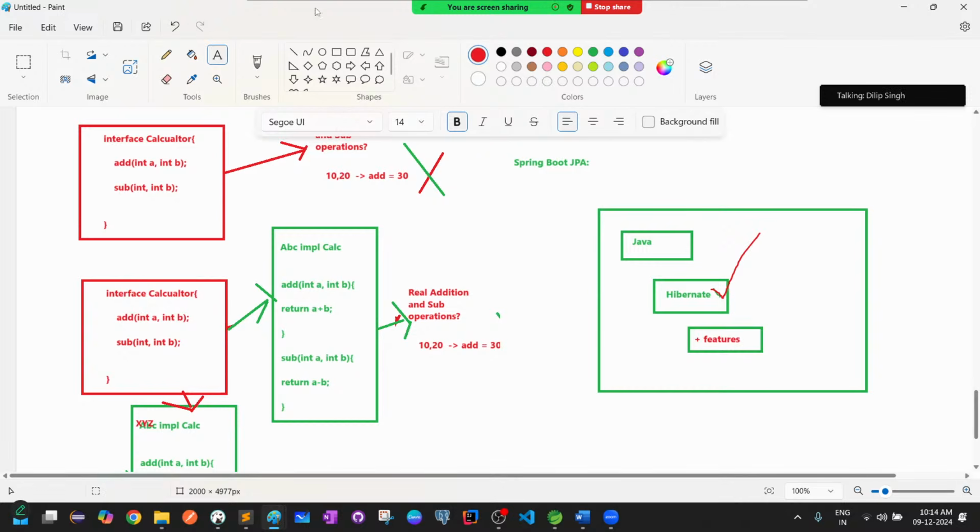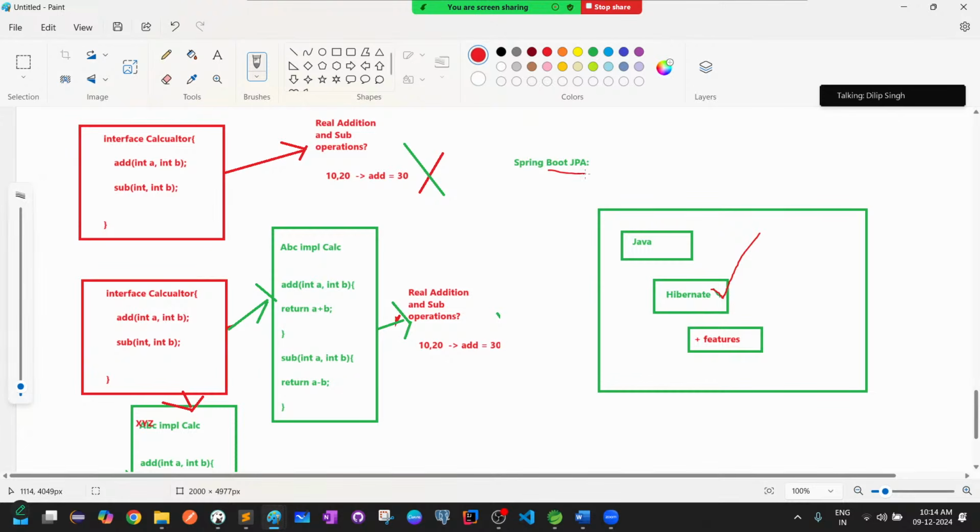So that means now the entire Spring Boot JPA module is implemented with the help of Hibernate only. What you have to understand here is, the moment you are learning the Spring Boot JPA module, internally you are learning Hibernate also. So if you are using the Spring Boot JPA module in your project, you are using Hibernate also. The reason is